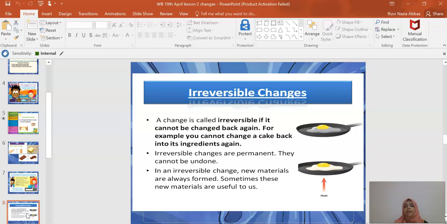Baking, for example: we add a lot of things and the mixture that you make ready for baking is in a liquid state. After you bake it, can you get back the original batter? No, you cannot undo it. So changes where new materials are formed are known as irreversible changes. In an irreversible change, new materials are formed.